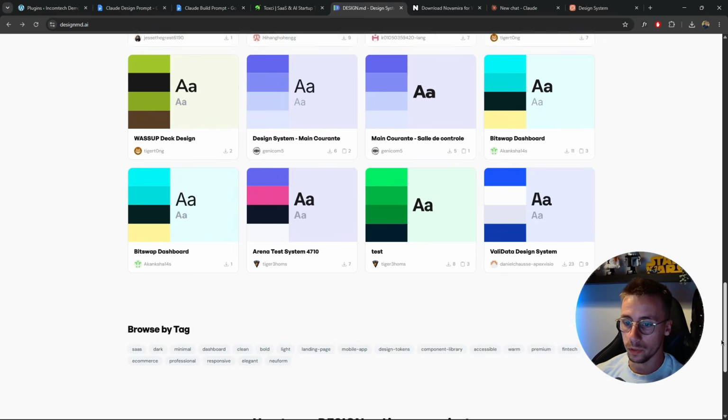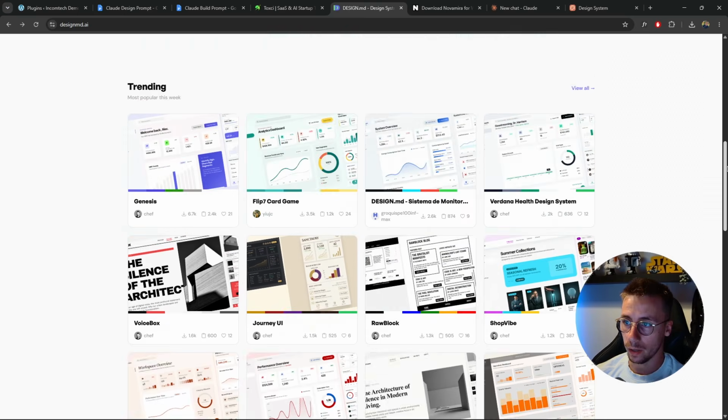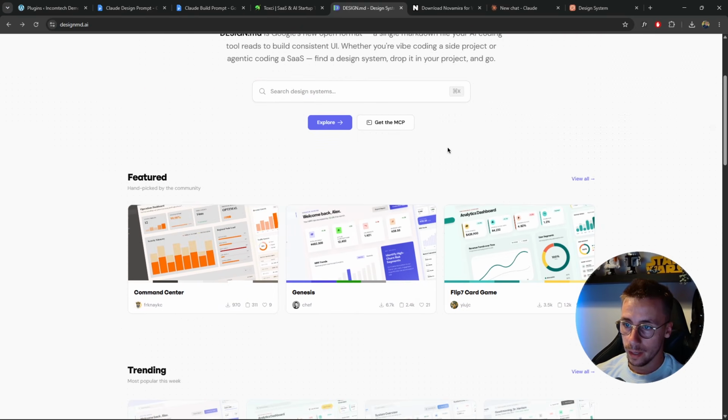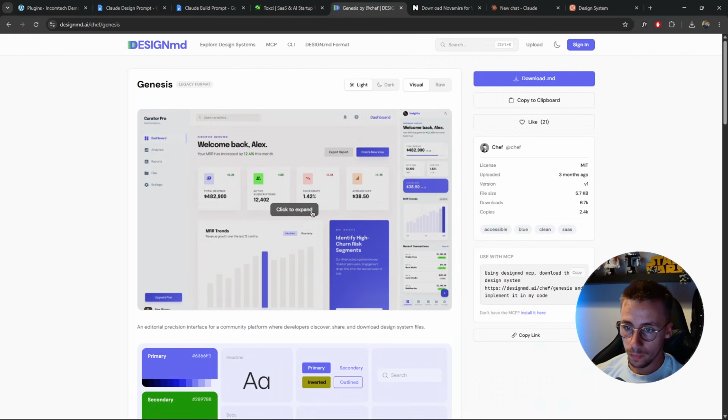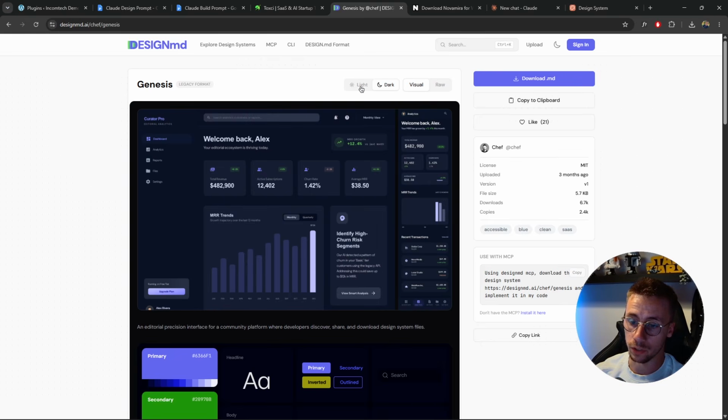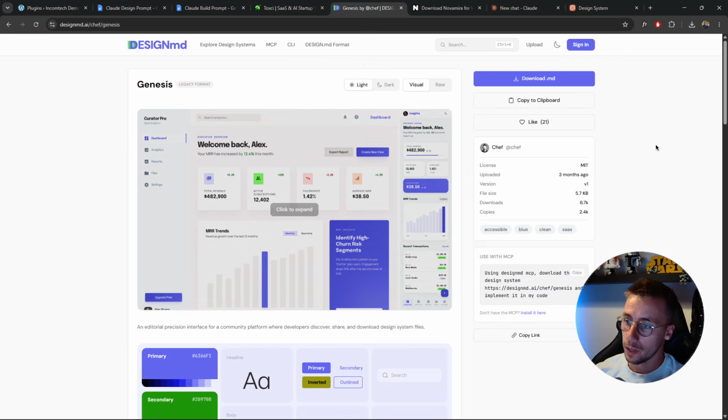Now you can choose whatever colors you like. Sorry if the website is a bit laggy, but I'm gonna go ahead and use the Genesis one. And as you can see, it has that really software as a service overview. We also come with a dark version, but I'm gonna go for light. So what we're gonna do is copy to clipboard, and now it's copied, and we go back